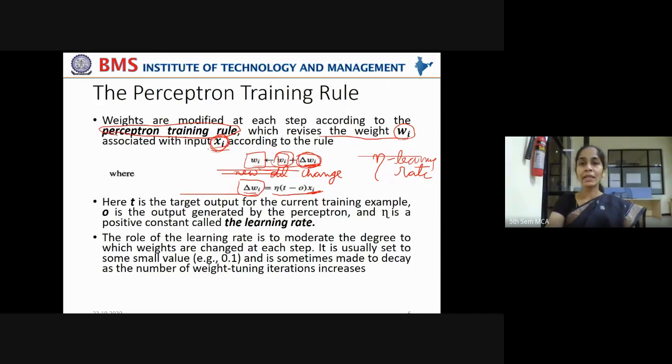Now, how do you calculate how much change you have to make to the existing weight? That is given by nu, the learning rate. Generally, it will be taken as 0.1 or 0.01. It is as small as possible. Keep it as small as possible. I'll tell you why. It is a very interesting concept. Initially, to be very sincere, I used to feel a little scared of these topics.